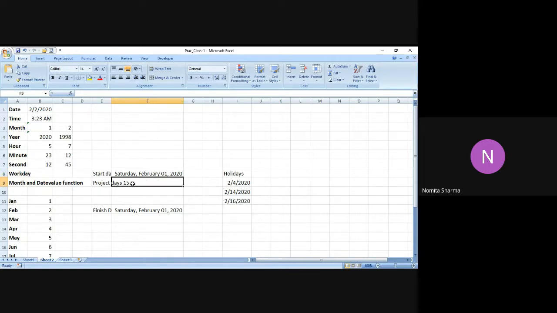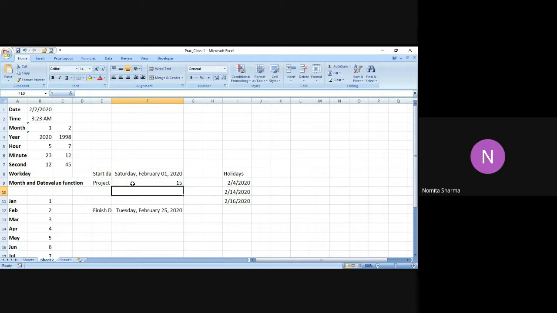I was just trying to figure out, if you see very clearly, the start date is same as the finish date, and I'm just wondering why we're getting the same date as the finish date. There is a big error because where I wrote 15, I actually wrote 15 in E9 cell. It should have been written in the F9 cell. And now you see the finish date has now come out as 25th of Feb 2020, and it is ending on Tuesday.